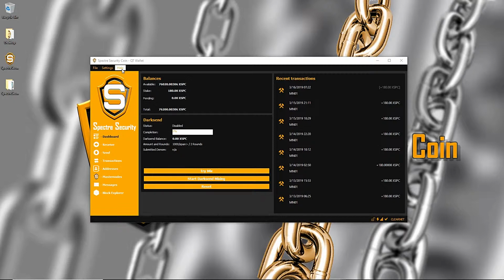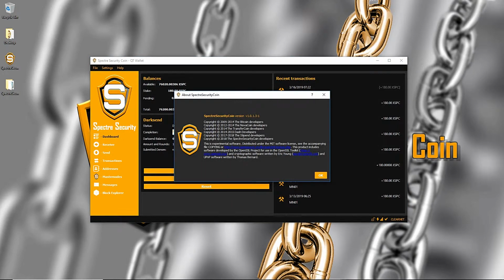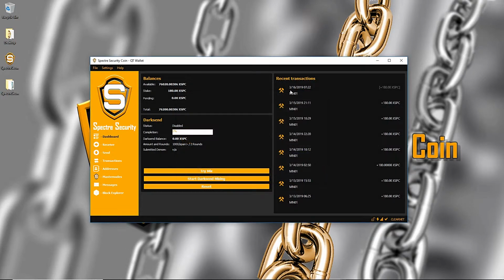When you go in Help and About Spectre Security Coin, you can view your version. So Spectre Security Coin version 1.0.1.3-1. Press OK. So what we want to do here is, first of all, make an update of our latest backup